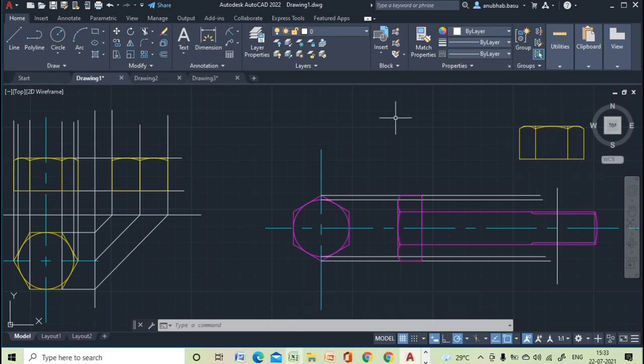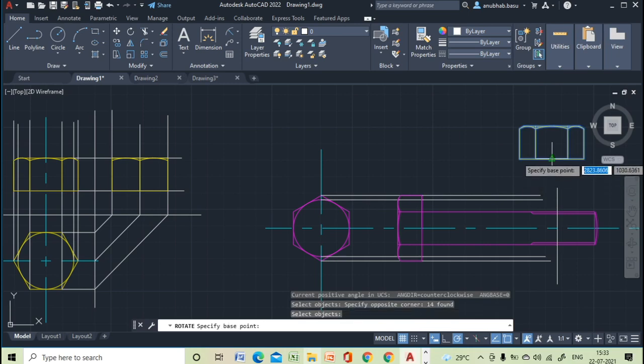Now I have to rotate it. So to rotate it, we can use the rotate tool. Then we have to select the object that we want to rotate. After selecting it, then enter. Then again we have to find out the base point. So say this is the base point. Next we have to put the rotation angle.